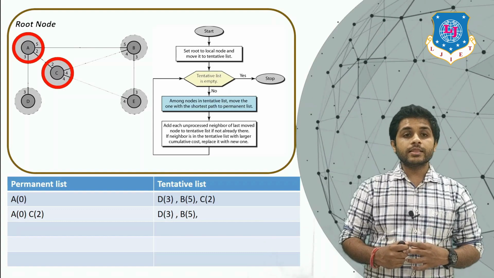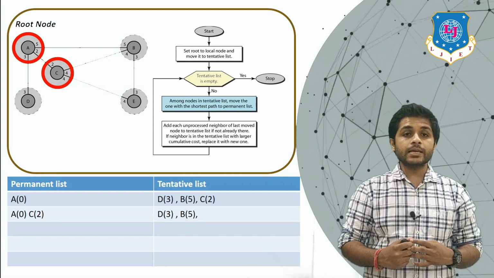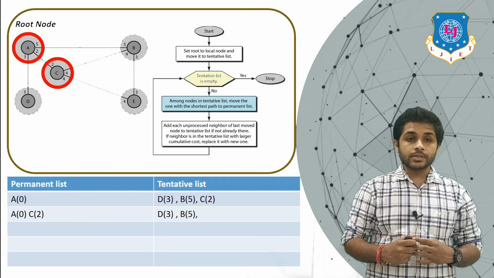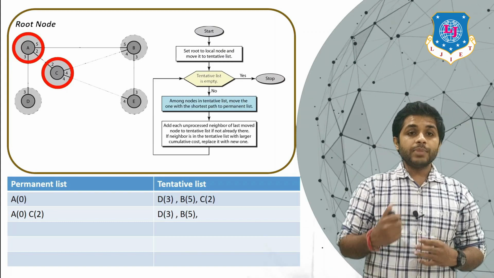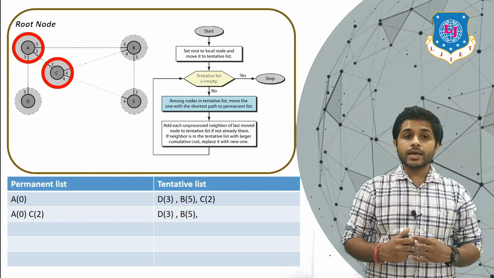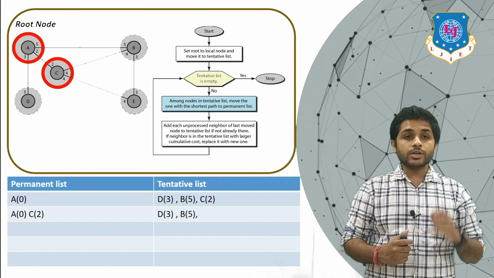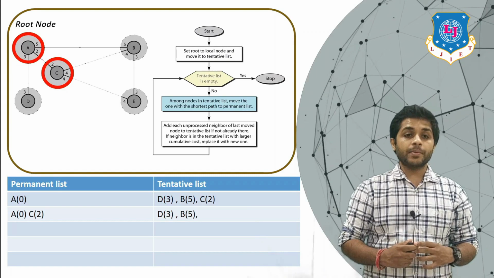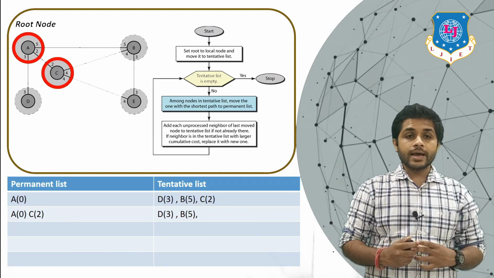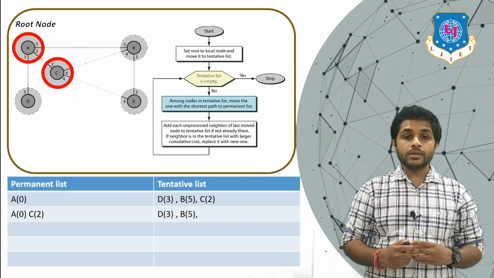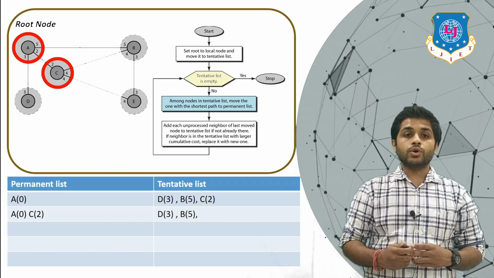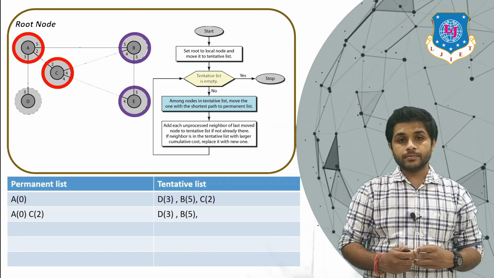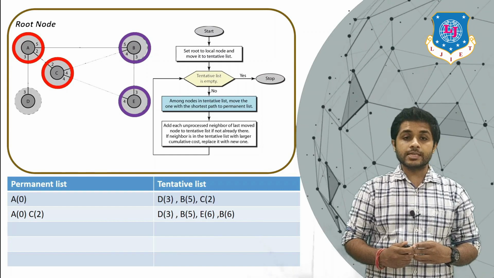So as you can see, C is having 3 nodes, A, B and E. We have just moved C from the tentative list to the permanent list. So we will add B and E to the tentative list. We will not add A to the tentative list because A is a processed neighbor and A is already there in the permanent list. So let's add the adjacent nodes of C to the tentative list. We will add both its adjacent nodes, which are B and E, and the value will be 6, E6